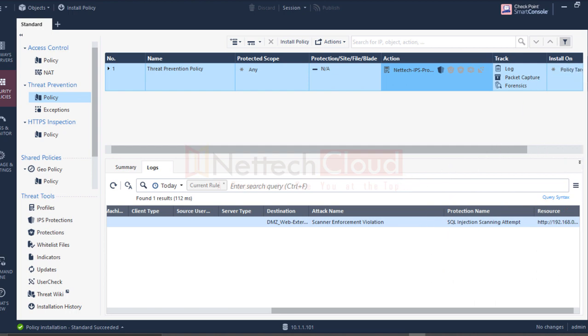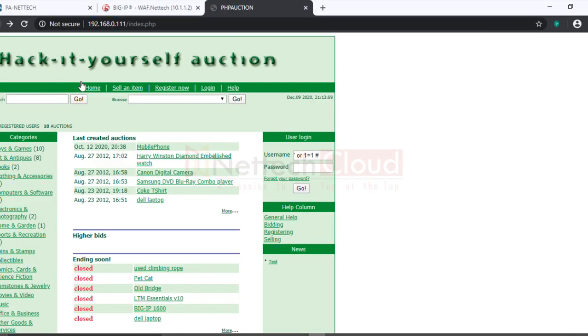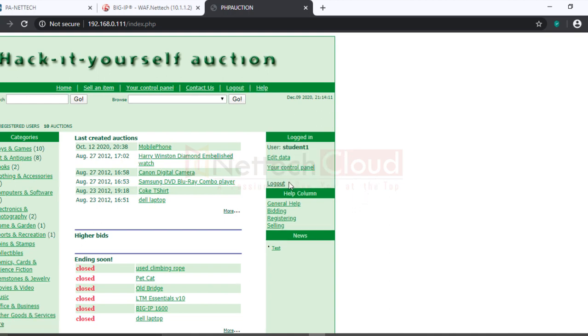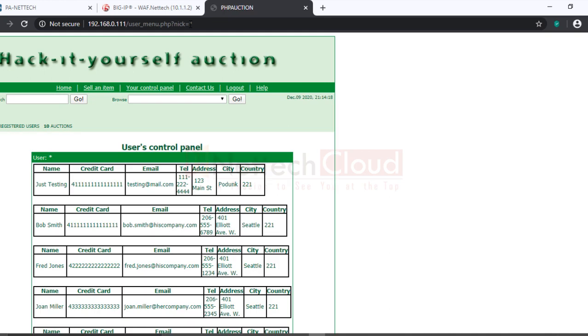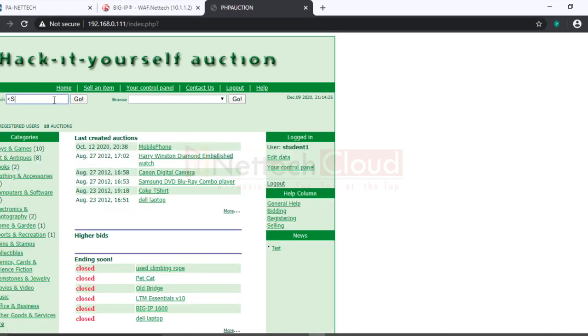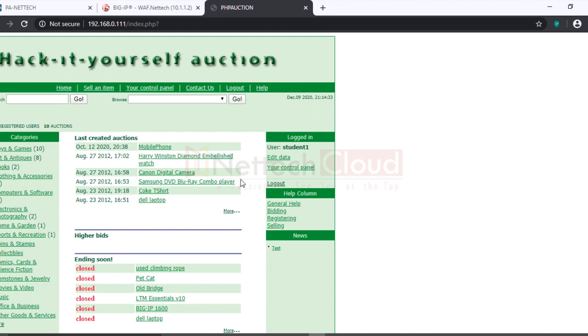What about other attacks? For example, in your control panel, let's say again if I say here, so now there is no protection from parameter tampering. What about running a script? So there is protection from, of course, SQL code injection attack.